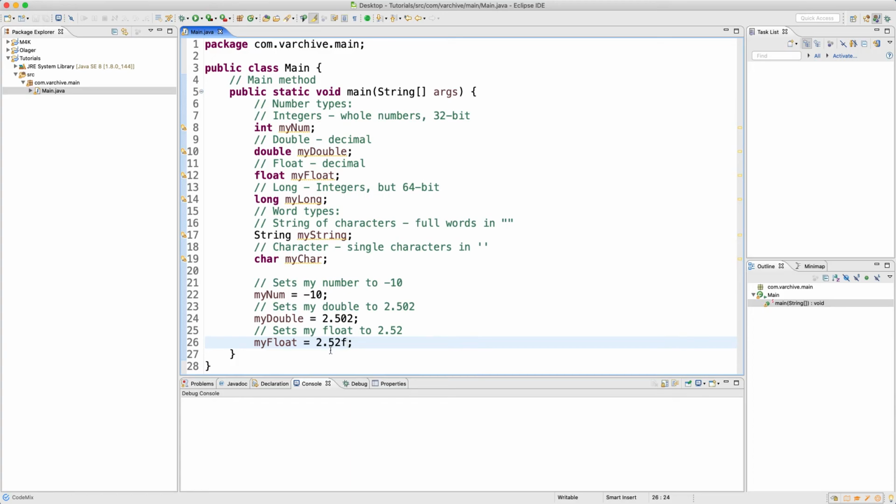So you can have another decimal point after 2.5. I used to think that this could only take 1 because it's smaller than a double. I don't know why I thought that. That's not true. It's just smaller. There's a different minimum and maximum value, but it can take more than 1 decimal place. So that's my float, and then sets my long